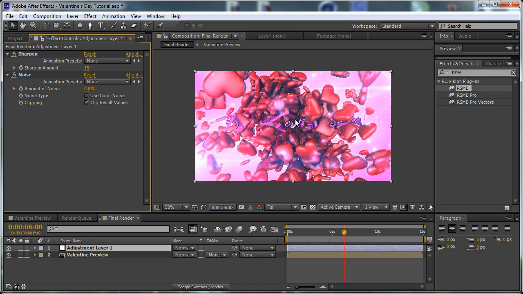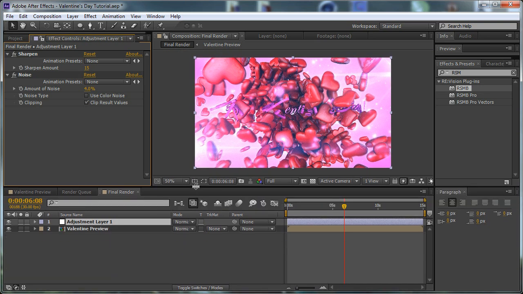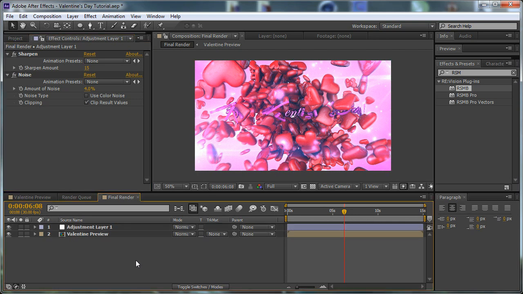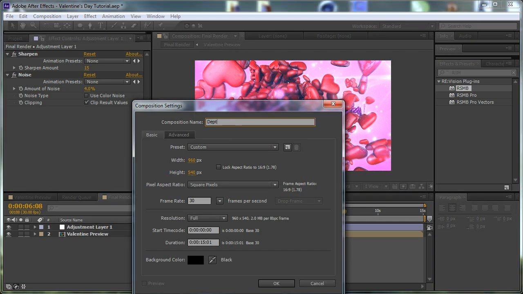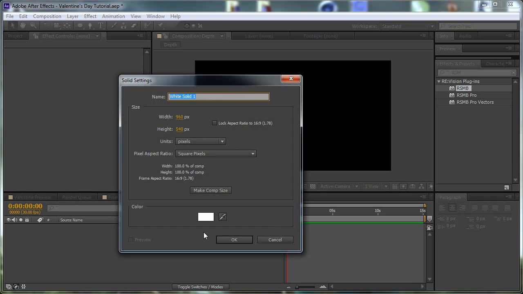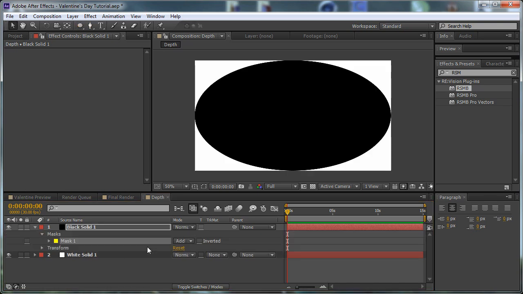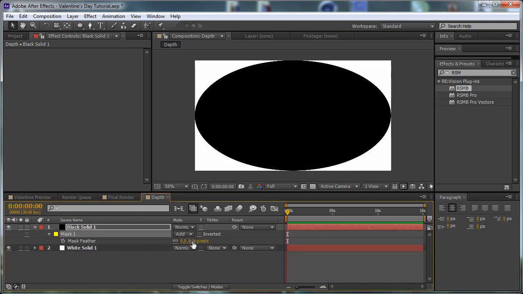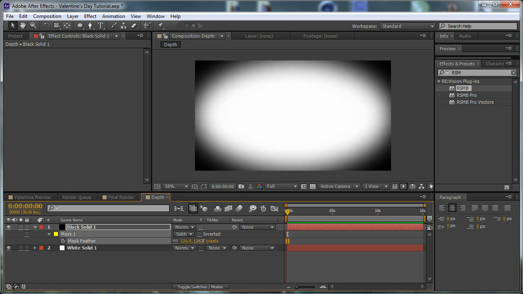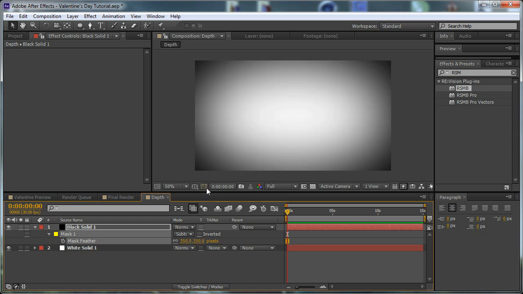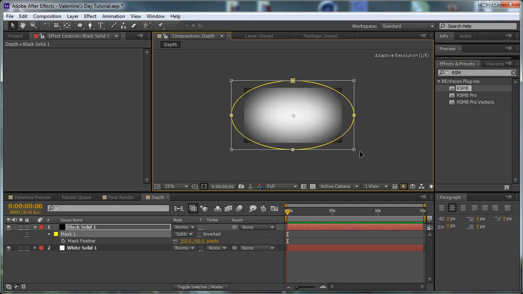Another thing that we can do, in the original example, what I did was create a new composition, and let's call this depth, and let's create a white solid and a black solid, and apply a vignette on the black solid, and let's see if we set this to 300 or 200, maybe 350, and we need to play around with the mask a bit,